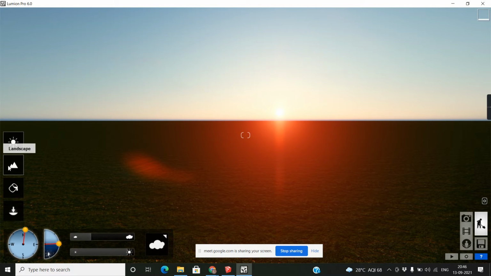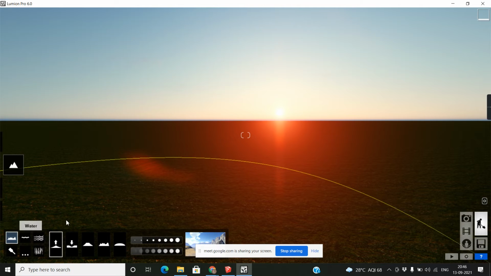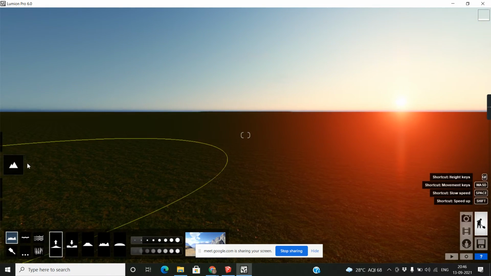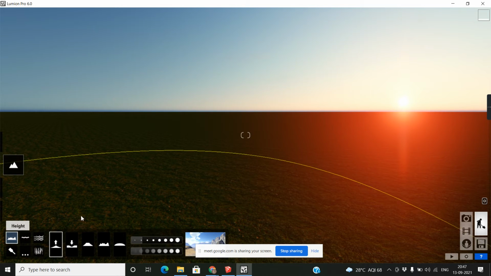The next is landscape. It's very important. When I click landscape, you will get this. And yes, if you are working with the upper version, you will get this advanced part that's called sky. And the sky is HDR, a high dynamic range image, HDR sky. So you can select the sky. Okay. And now the next part is landscape, and in landscape there is a height.